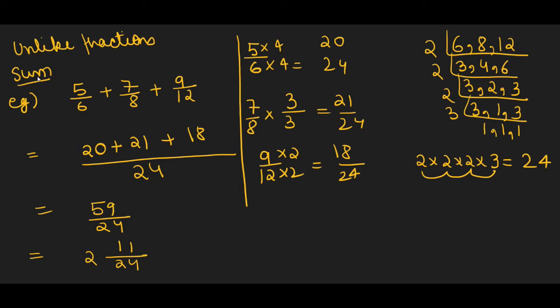To add fractions, what they have done here, they have provided two methods, a long method and a shortcut method. Both the methods are correct, but I have done this working part just to explain to you how this 20, 21, 18 is coming. In your textbook they are doing this separately, then they are adding. You don't need to do that. You just simply 6 into 4 is 24, 4 into 5 is 20, 8 into 3 is 24, 7 into 3 is 21, 12 into 2 is 24, 9 into 2 is 18, and just add. And if the answer is an improper fraction, just convert into a mixed fraction.